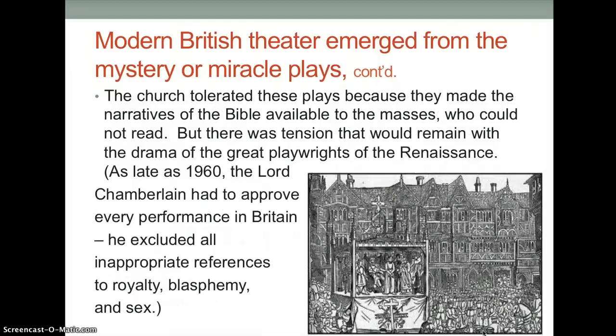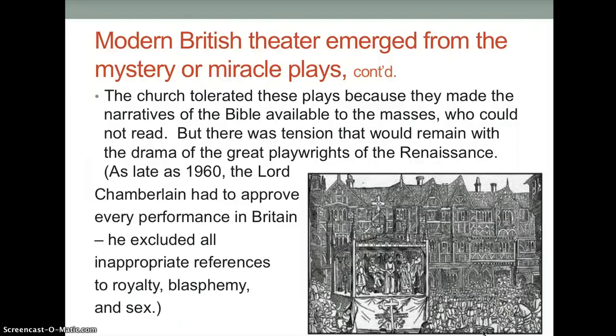It's important to know that the church always had a sort of stiff relationship with theater, and this also is rooted in the history of the miracle plays. The church needed the dramatic enactments for the illiterate masses to have access to the Bible stories, but there was always a tension. So, for example, we know from the scripts that we have extant that sometimes certain characters would be played very broadly for comedic intent, and the church might feel that that deviated from the seriousness of the tale and would sort of censor the guild for that. So that tension remained with theater